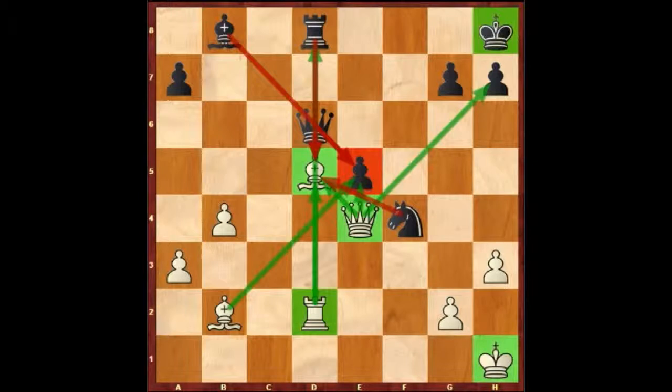So if we move this bishop, our rook on d2 is going to fall, but if we don't, then this bishop is going to fall. So